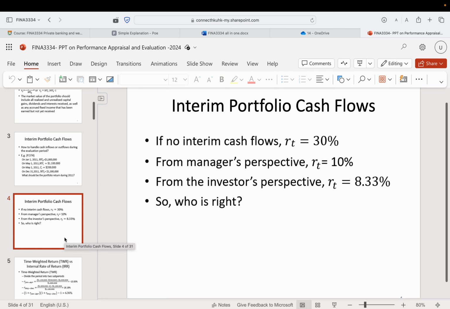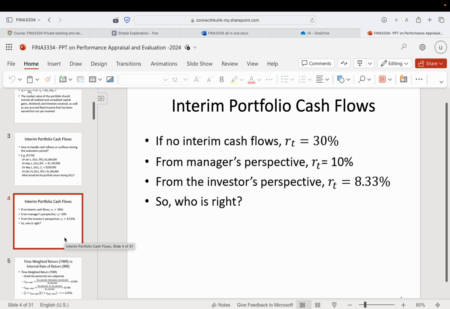Because if you look at that, on day one, you give me 1 million. I make it 1.1 million, so it seems that I make 100,000 for you. So I give you a 10% return, right? Then you give me another 200,000. I make 0, because it becomes 1.3, and then the end is 1.3. So I still make 10% because I started with 1 million. Looks right. However, it's actually not so right, because the client said, I gave you another 200,000 but you made nothing, and I wasted my time. So we have the time cost of waiting.